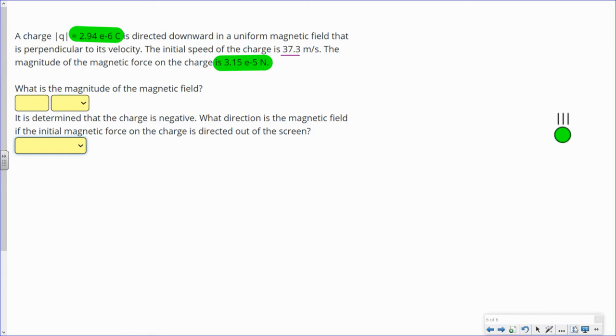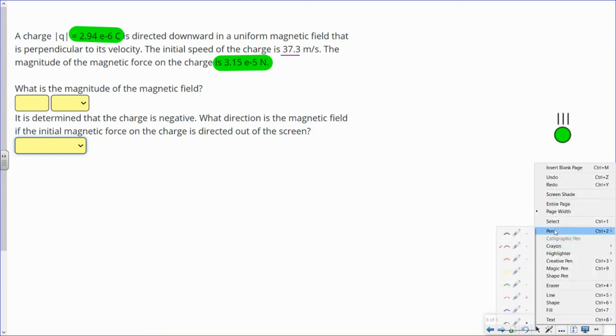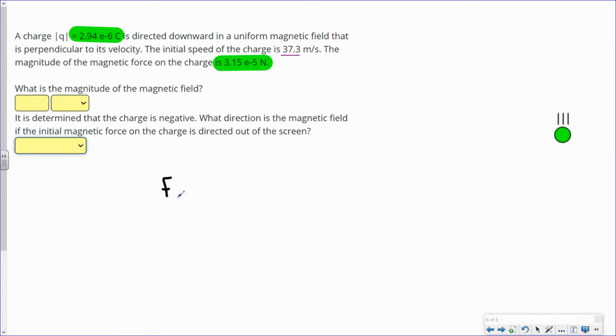Well, we know for the Lorentz force that we can set up the magnetic force equal to q v cross B, so the cross product between velocity and magnetic field. In this particular case, because the velocity is already perpendicular to the magnetic field, the cross product simplifies to just v times b, the magnitude of the velocity times the magnitude of the magnetic field, because those vectors are perpendicular. In order to solve for the magnetic field, we're going to divide both sides by qv, and